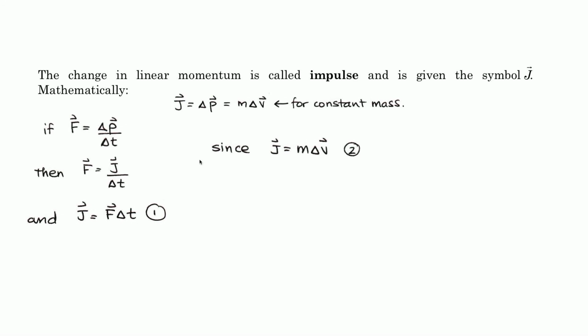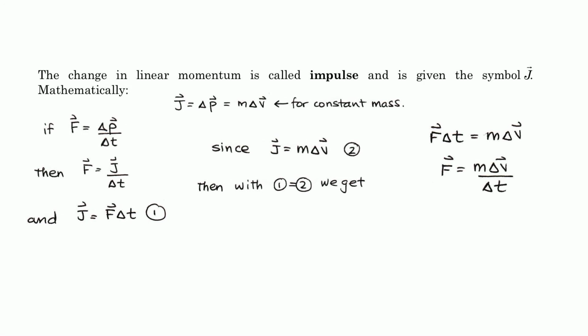We also know that impulse is equal to m times delta v, because that was defined up here. And so I've got an expression for J and an expression for J here, so I can set 1 equal to 2, and we can arrive at a very interesting result. So if F delta t is equal to m delta v, and I rearrange and put delta t on the bottom on the other side of the equation, m delta v over delta t, change in velocity over the change in time,